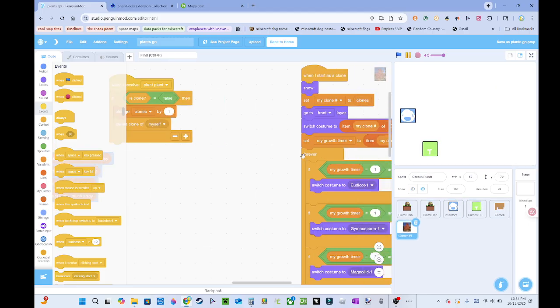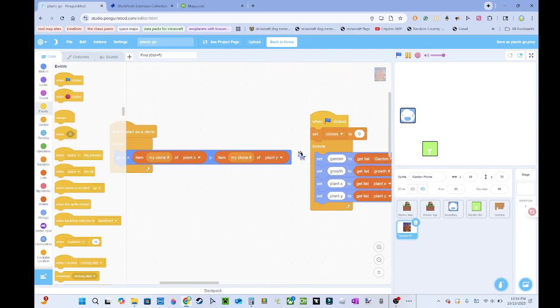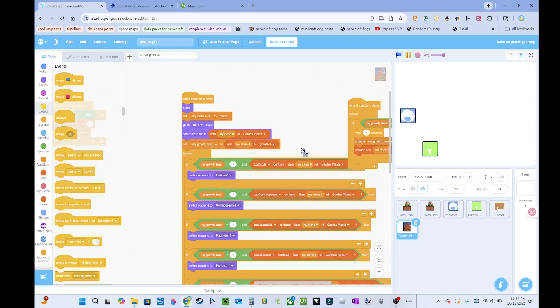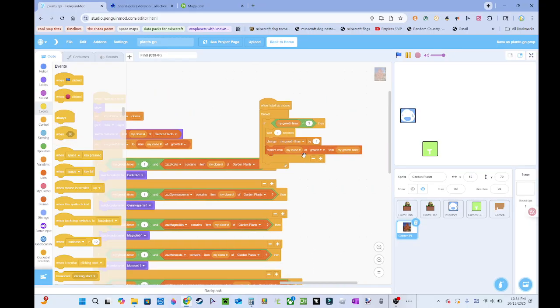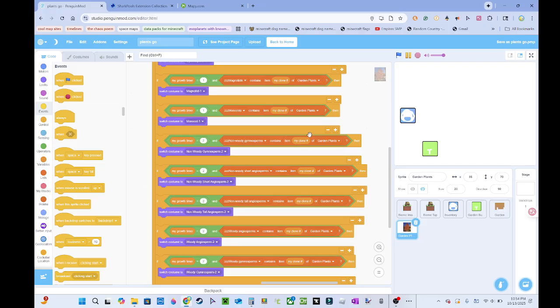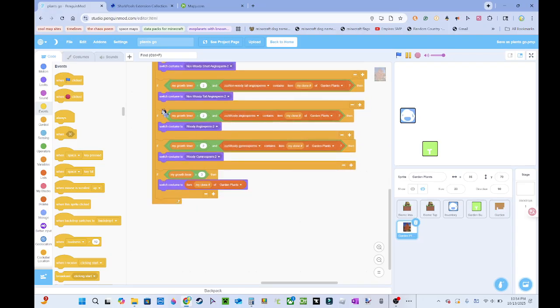And then I'm just showing you the code for this. You don't really have to copy it if you don't want to. But yeah, that's basically how you make a